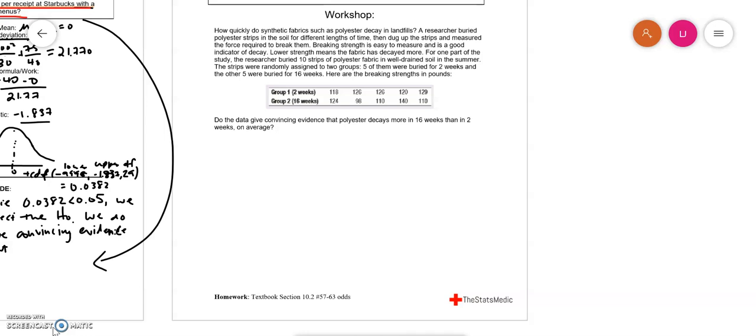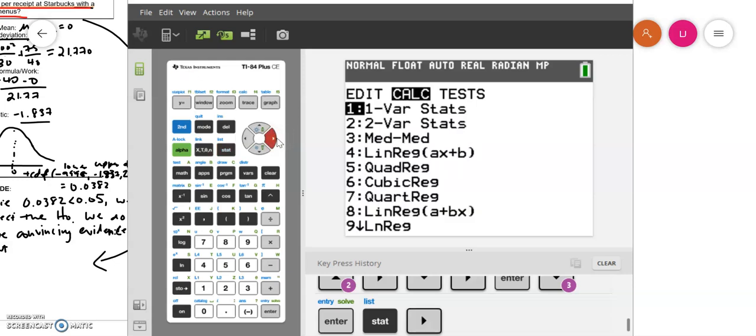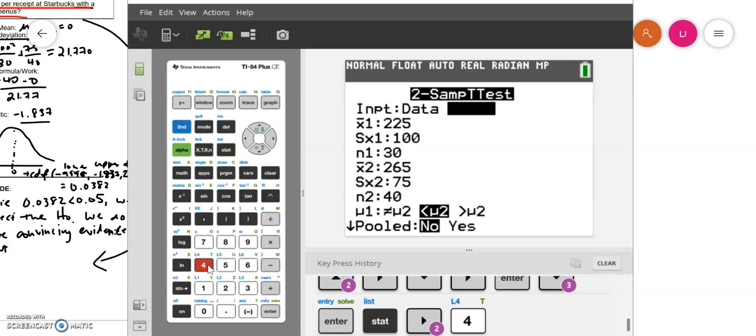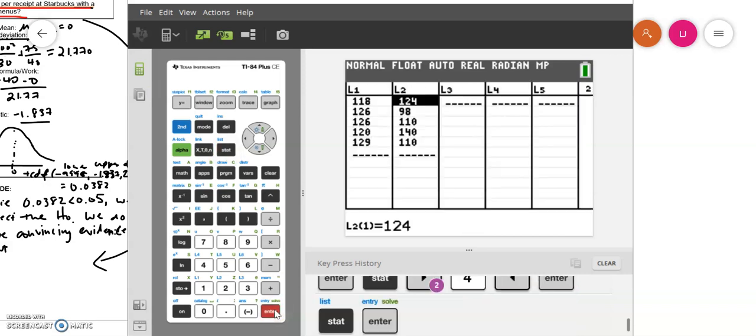Before ending this video, there's one thing I want to note. See how for the workshop you're given a list of data here. My recommendation is using your calculator. So when you go to your test, 2-sample t-test, use the data section and have the data already in your list 1 and list 2. So remember to put data into your list. You go to Stat Edit, and you can see I already have the data in, so that when I go to my test,